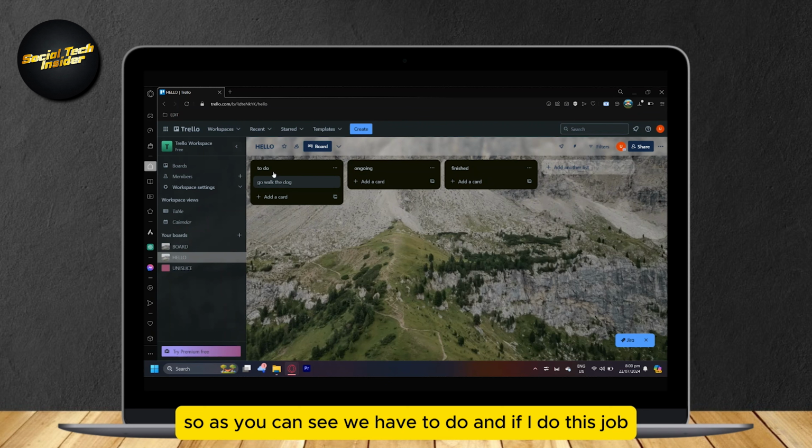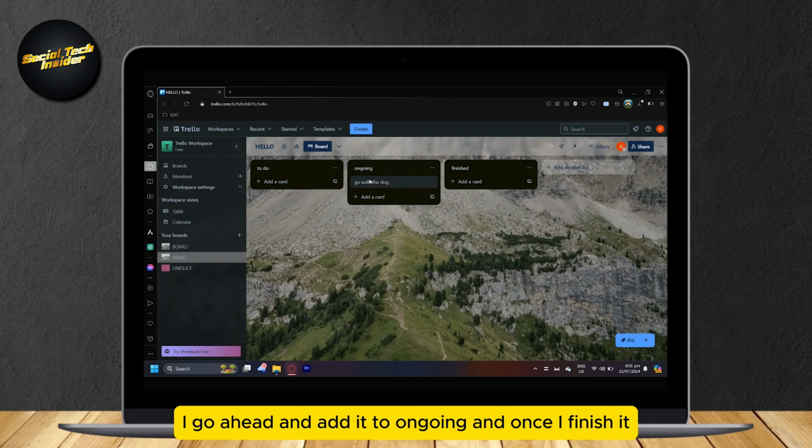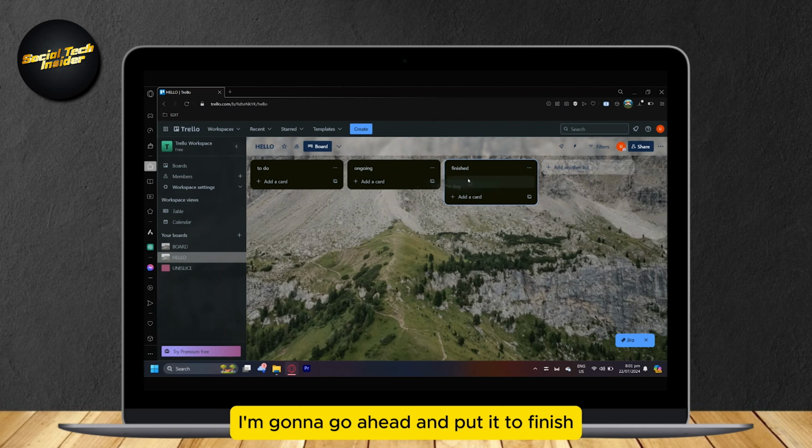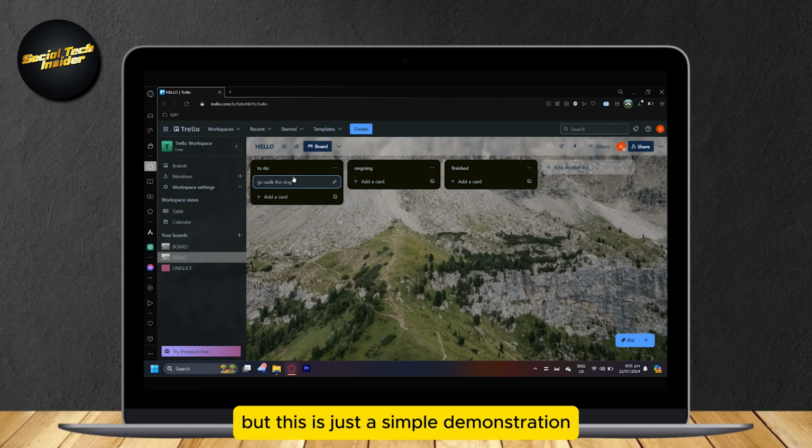So, as you can see, we have to do. And if I do this job, this mission, this task, I go ahead and add it to ongoing. And once I finish it, I'm gonna go ahead and put it to finished. Now you can add as many cards as you want, but this is just a simple demonstration of what Trello